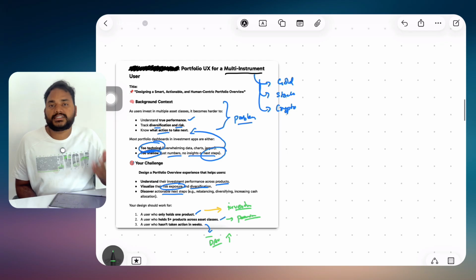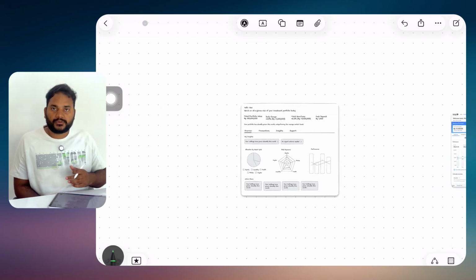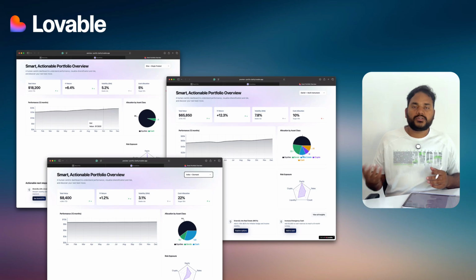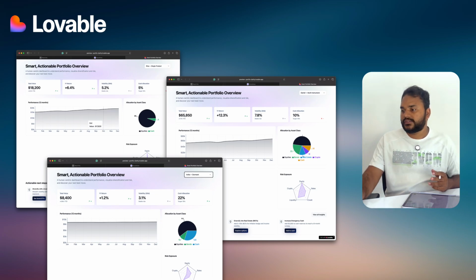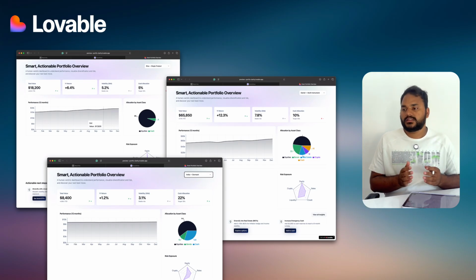Now let's go to the first step, how you get started. The first step is you need to give that brief to any AI tool. It could be Lovable, it could be Bolt, or it could be any other. As you can see on the screen, I have used them and given them the whole information, whatever brief I was given. Lovable and Bolt have given me the first draft.